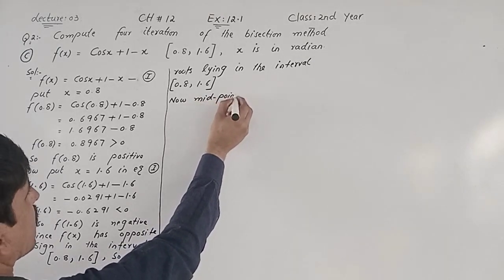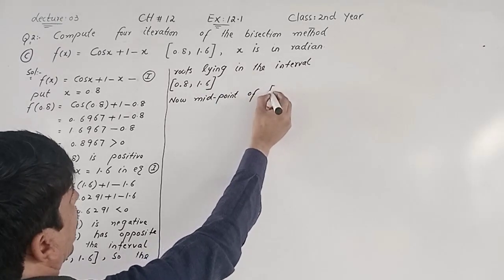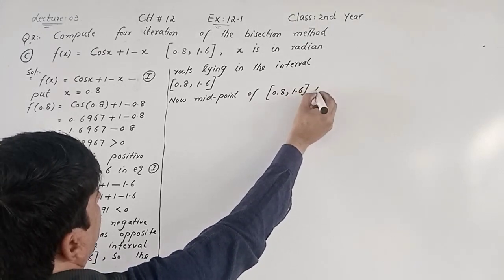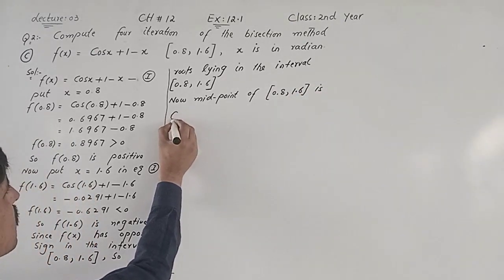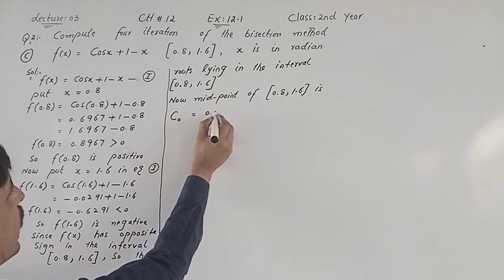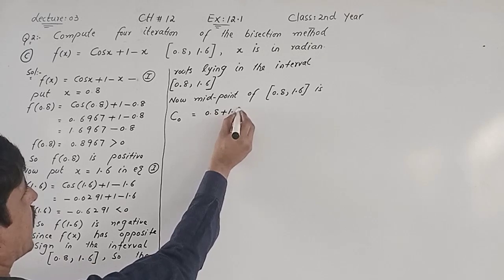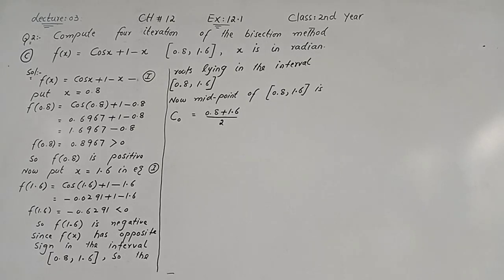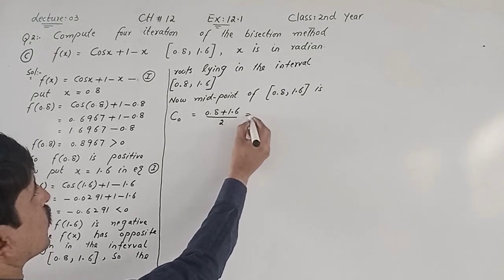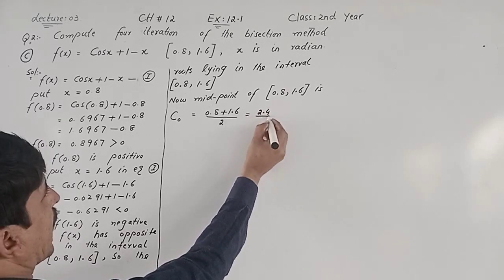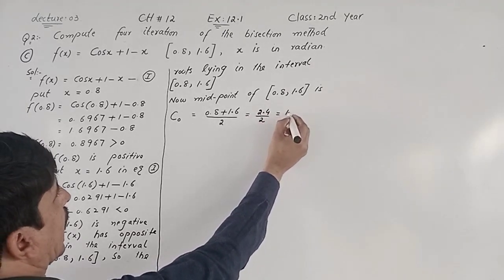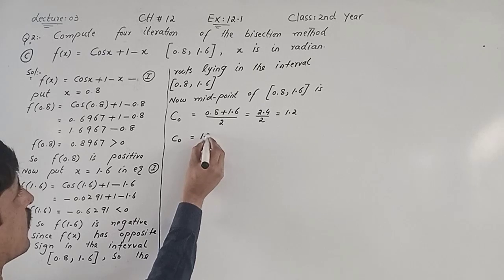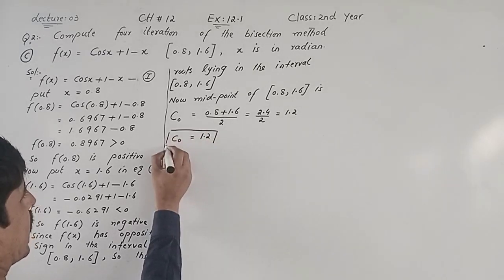Now midpoint of the interval, 0.8 plus 1.6 डिवाइड बाय 2। तो क्या आ जाएगा, इससे हमारे पास आ जाएगा 2.4 डिवाइड बाय 2, तो इससे आ जाएगा 1.2। C naught is equal to 1.2. Now first iteration